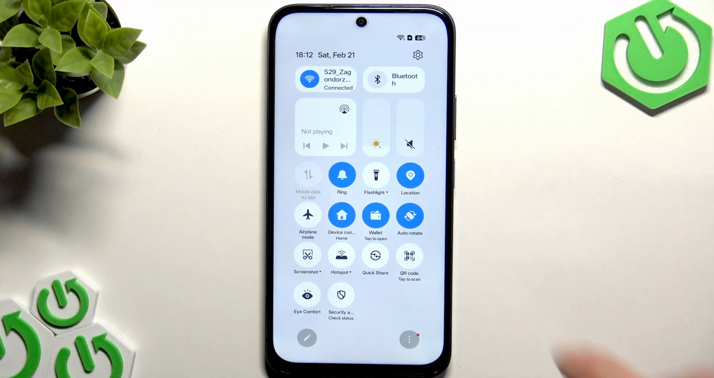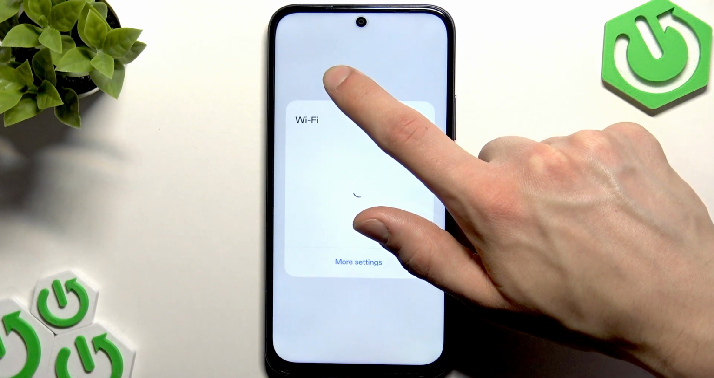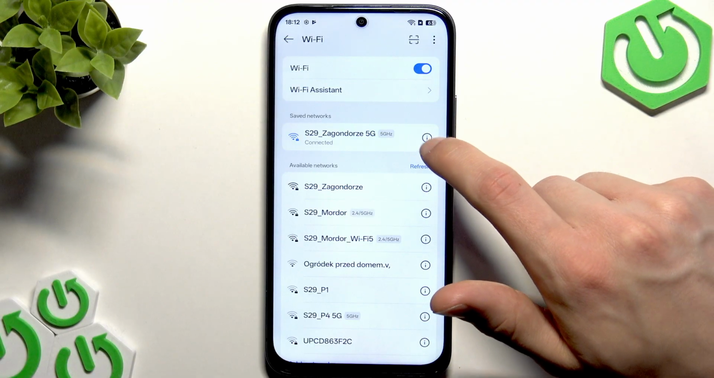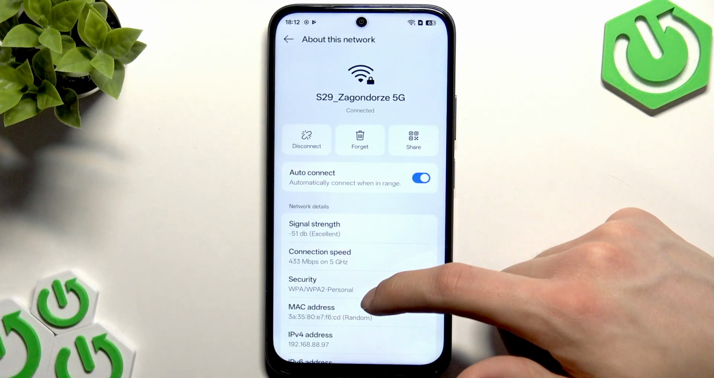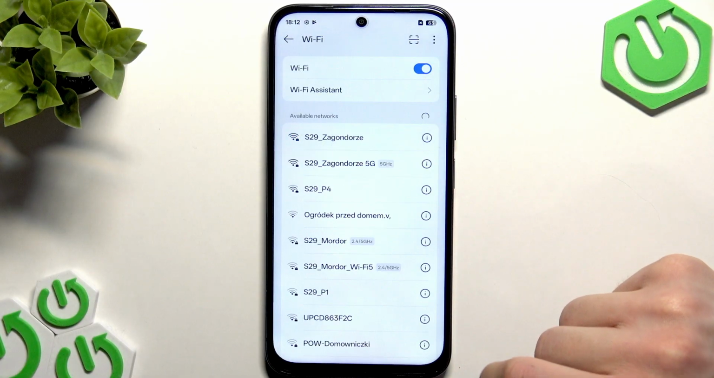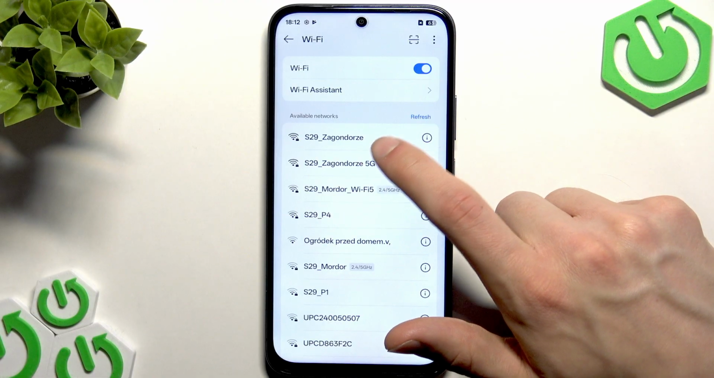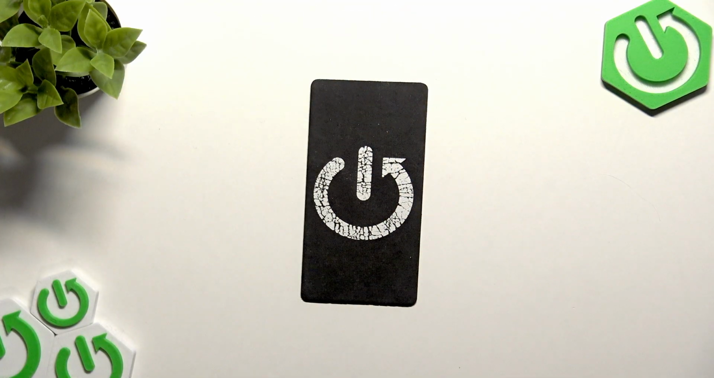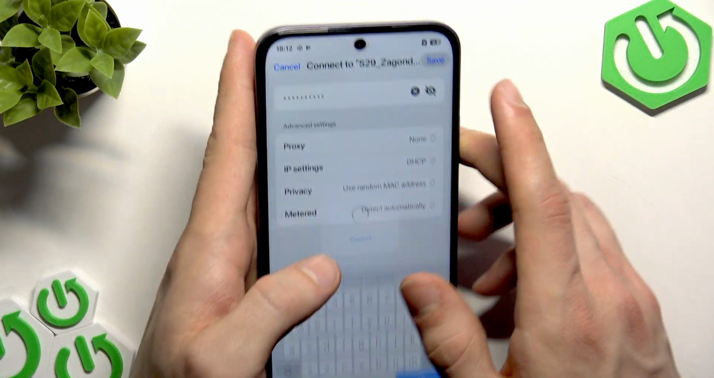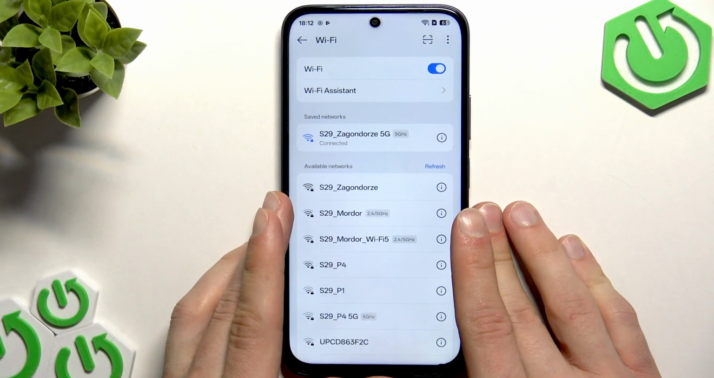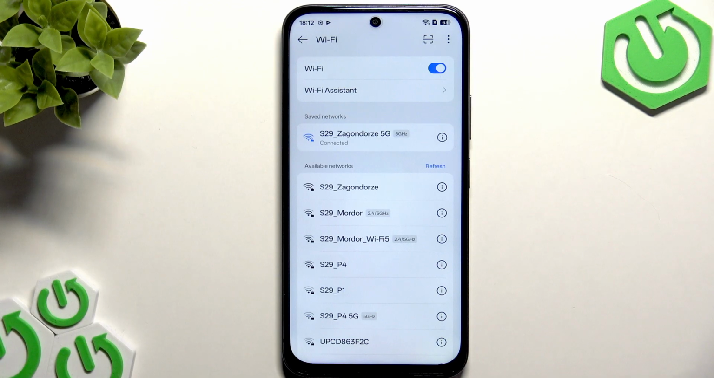And if this won't help you, hold your finger down on the Wi-Fi tile, select More Settings here, then select your Wi-Fi network that you are connected to, and forget this network. Tap Forget, Remove, then select it on the list once again and enter the password to it. After entering the password, tap Save. Okay, so right now we are reconnected to this network, and